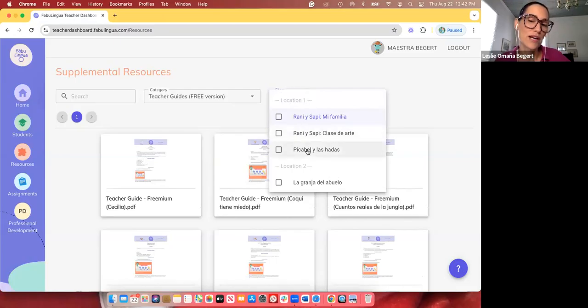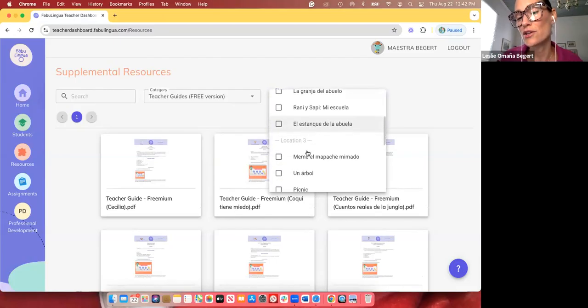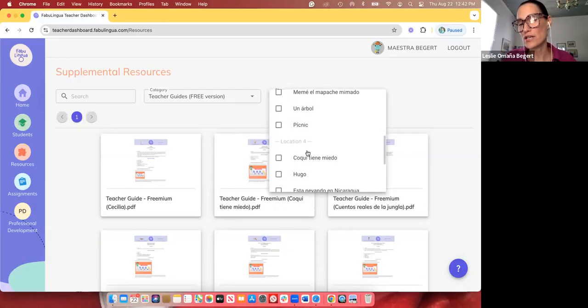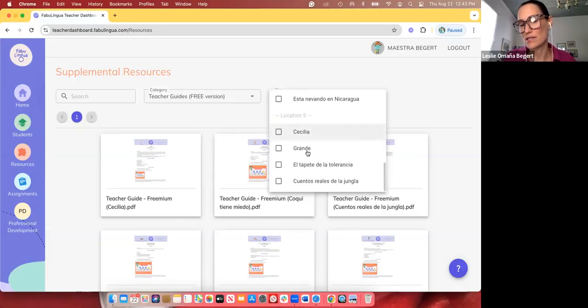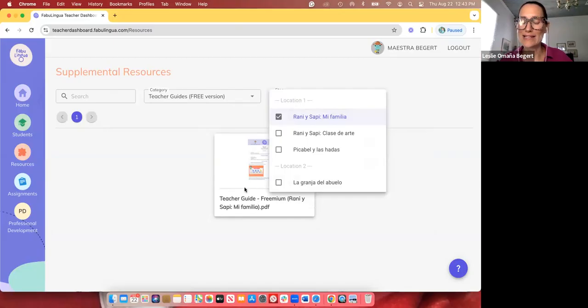The stories are organized by location. As I said earlier, the easier stories are in the earlier locations, and they then become increasingly more intermediate stories in the later locations. So let's say here that we want to have a look at this guide for this story.